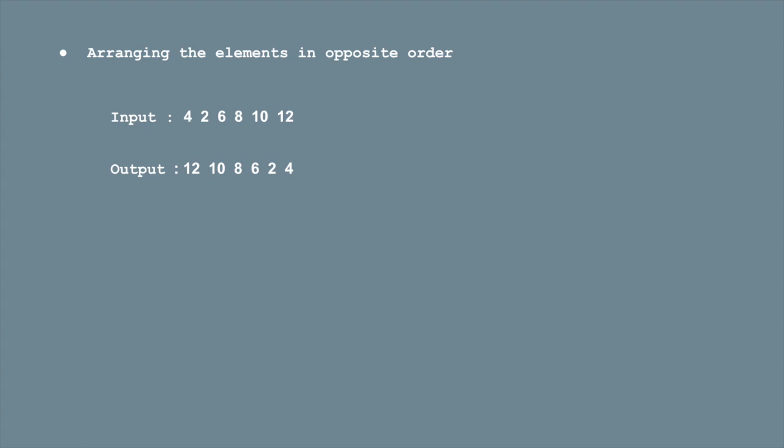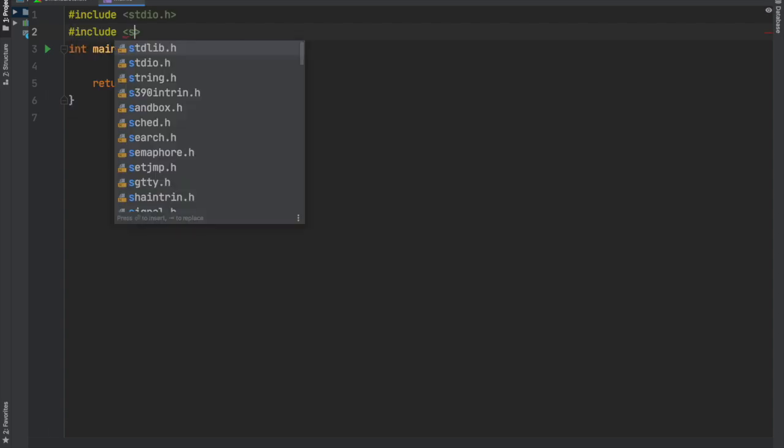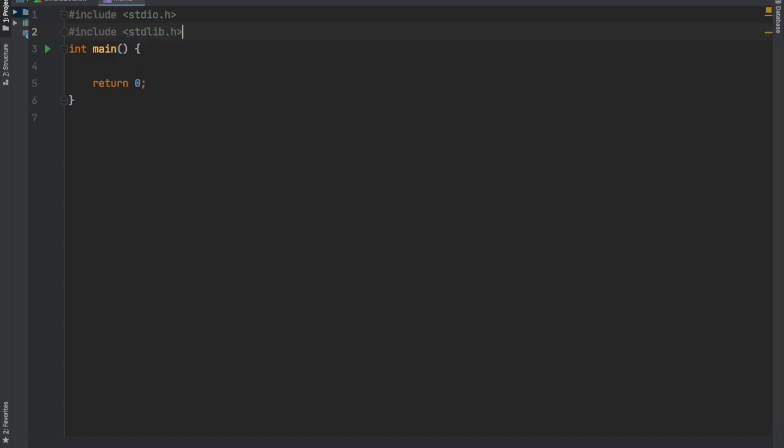So let's get started. At first I'll link a header file here, since we have discussed that all the memory management functions lie under a single standard library header file. So I'll just write it here, stdlib.h, and after this inside main function I'll declare a pointer called ptr. This pointer will be of integer type. So this pointer will now point to the block of memory to be allocated, and after this I'll declare a variable called size. This variable size will hold the size of memory to be allocated, and now I'll declare a variable called i for looping.